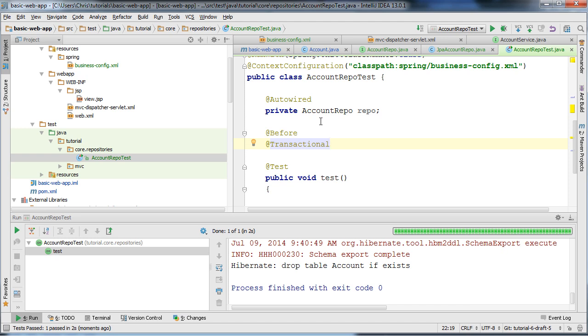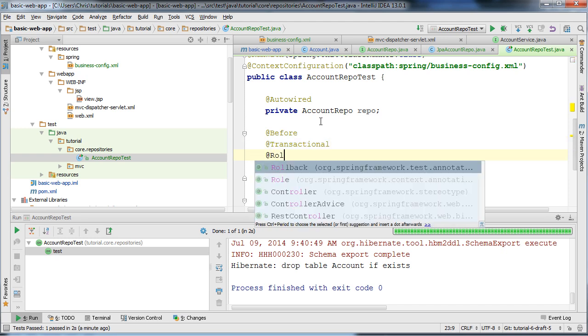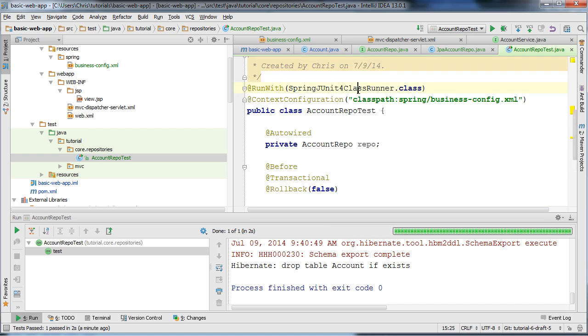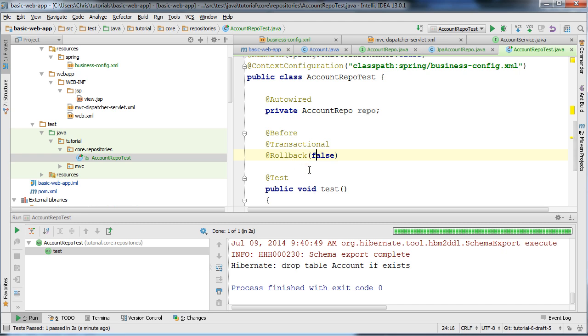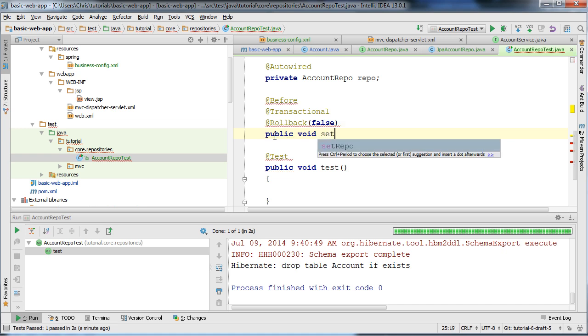transaction scope entity manager. So I'm also going to specify rollback false, because by default, when you use the Spring JUnit4 class runner and you specify a @Transactional annotation on a function, by default Spring will roll back your transactions, and we would like our persist functions to be accessible. We'd like any effect of our persist functions to be accessible in the method where we're retrieving the objects we just persisted. So I'm going to specify here public void setup,